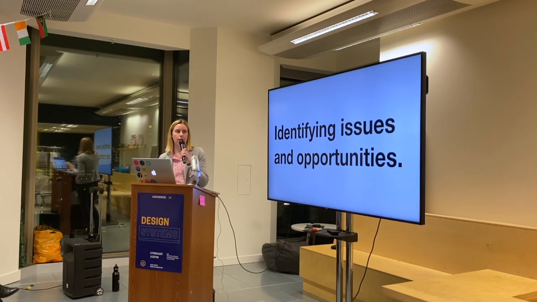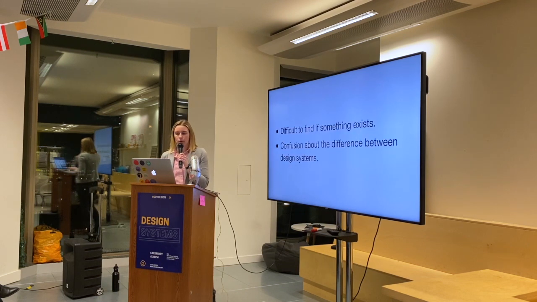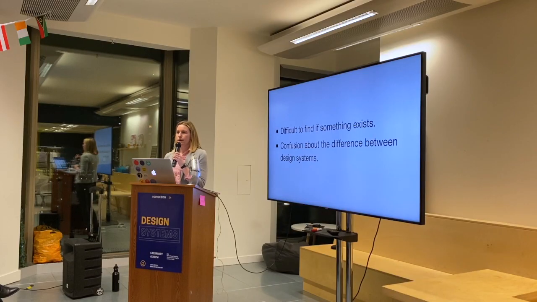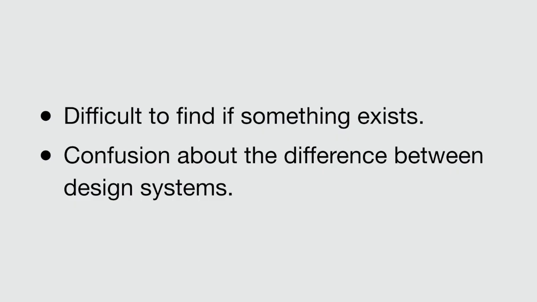So these are some of the findings from those visits and that research. One thing was that designers were saying they found it difficult to find out if something exists. If there's a solution that they want for the particular service they're working on, they can't just go to one place to see if it exists, and if it doesn't, create something and test it. They now have to keep individual lists of all of these design systems. And the issue with that as well is there's no logic at the moment as to what should live where.